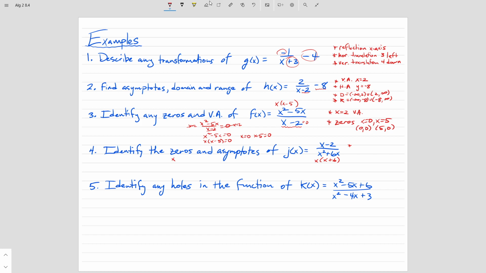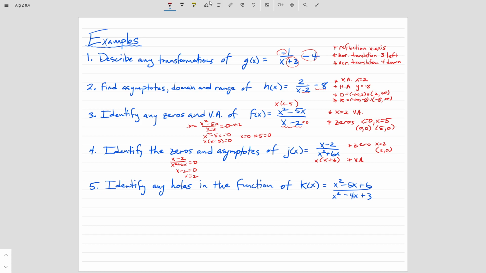So I'm going to make my equation, oops, nice, let me erase that. X minus 2. I'm going to make this equal to 0, and when I multiply by the denominator, it goes away, and I have x minus 2 equal to 0, and that is just a single answer right away. So I have a 0 at x equals 2, which I could write as a point, 2, 0 if I wanted to. Now, asymptotes, vertical asymptotes,